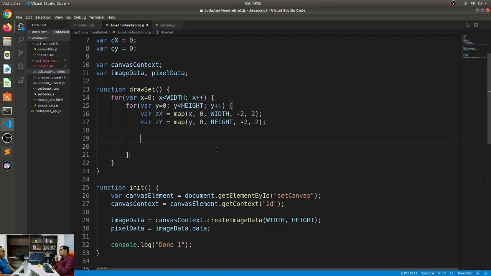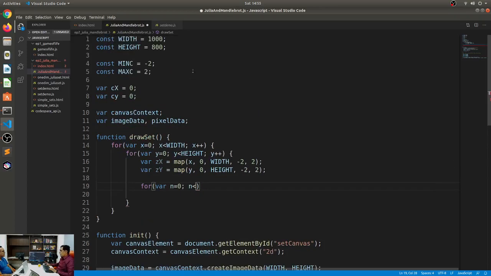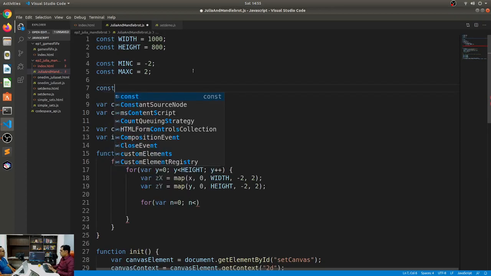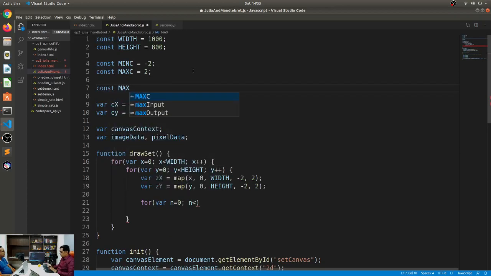And now we will do the iteration function. So for n equal to 0, n less than, let's create a constant called max iterations. I'll say 100 iterations for now.